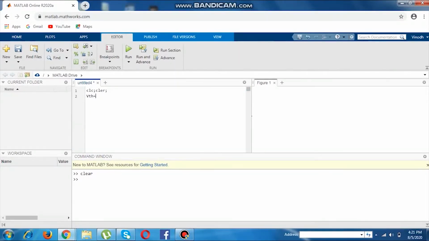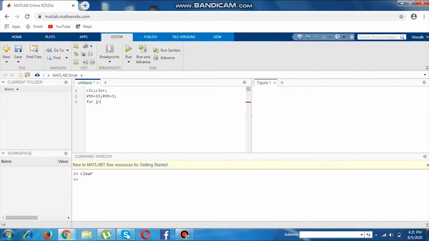By entering VThevenin voltage, VThevenin is equal to 15 volts semicolon and RThevenin is equal to 3 ohms, and we are using the for loop. Why? Because the RL is varying from point to point. The step is 0.5, so we use a for loop.